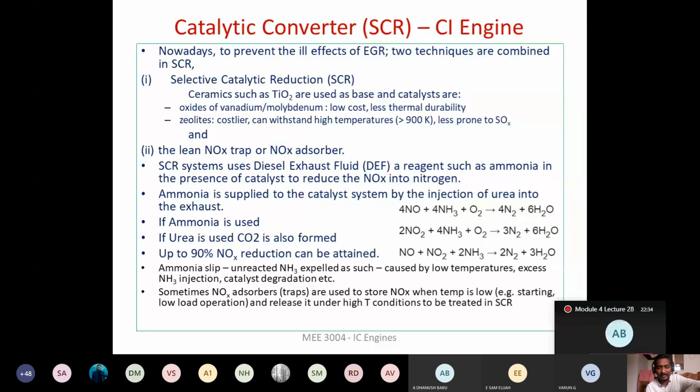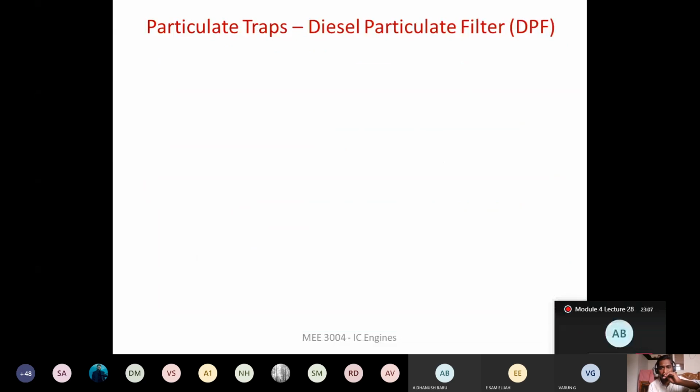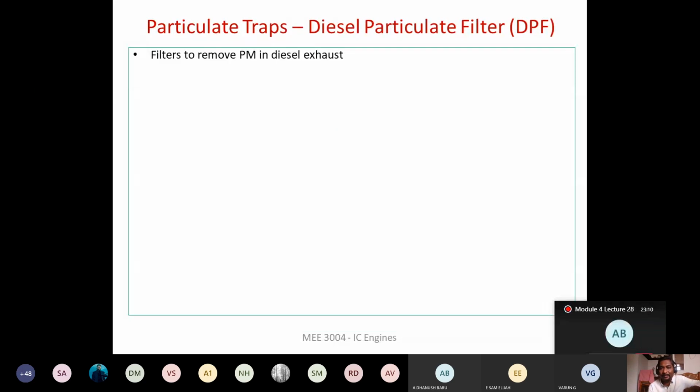This is the advancement when compared to what we initially started with, the diesel oxidation catalyst. Along with that we were having EGR. Now that has been replaced by the selective catalytic reduction system, right? So this emission control system is being used. Now whether you are going for the selective catalytic reduction system or for the diesel oxidation catalyst along with the EGR, we have to provide a particulate filter, because soot particles are going to be present in the diesel exhaust.